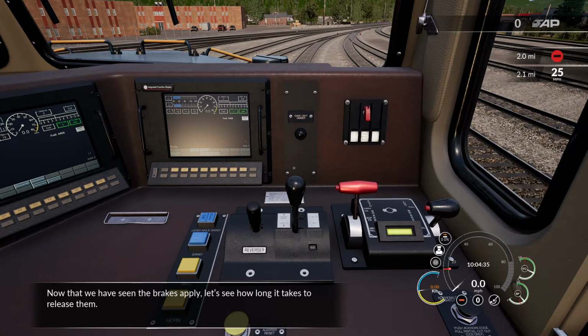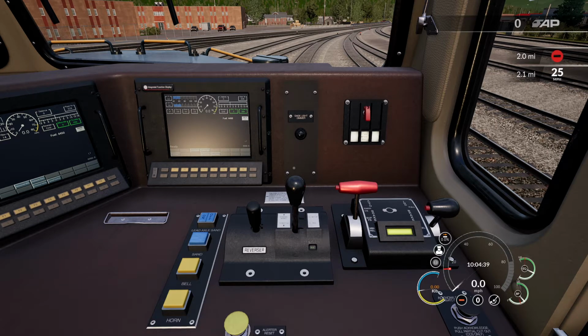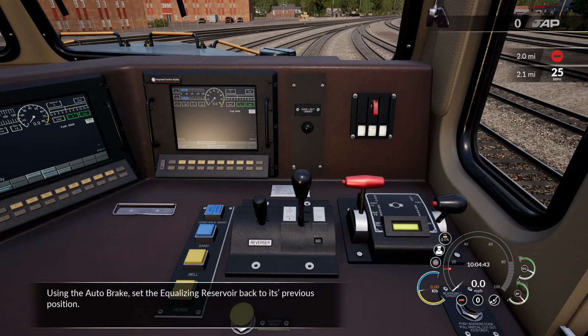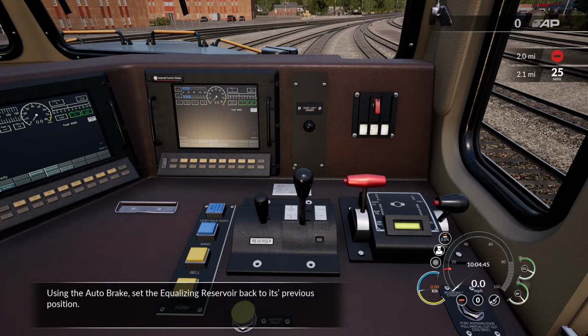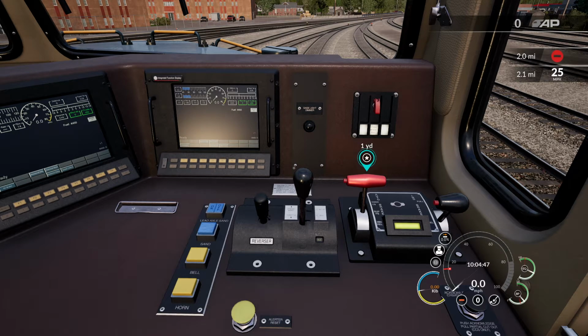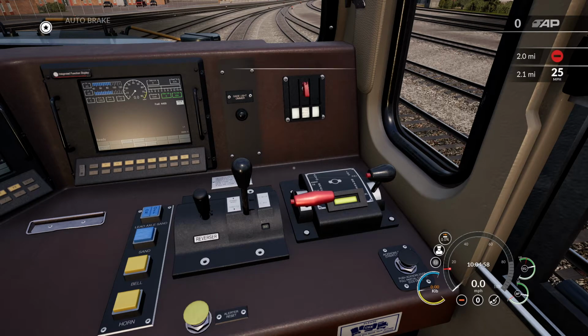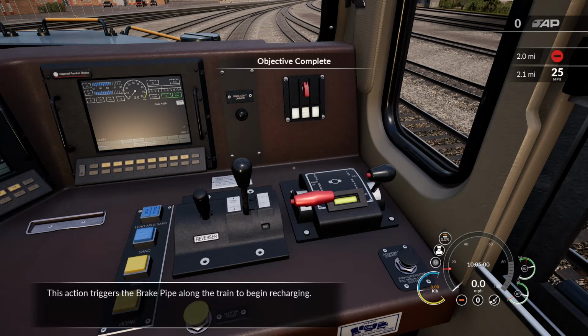Now that we have seen the brakes applied, let's see how long it takes to release them. Using the auto brake, set the equalizing reservoir back to its previous position. This action triggers the brake